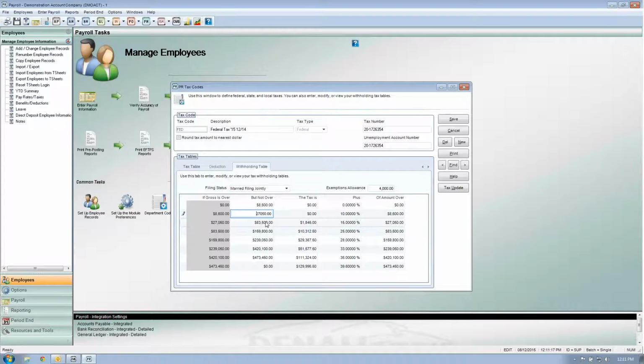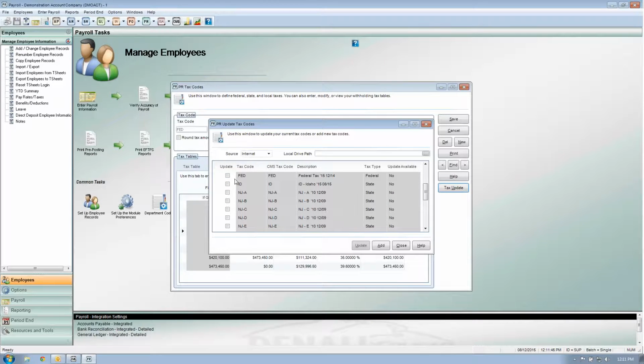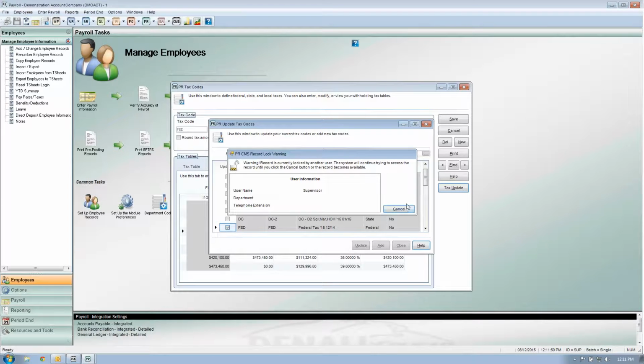Now, what's great about Denali is these tax tables change from time to time. Of course, we all know the federal tax table changes once a year, right at the end of December, in preparation for the new year. So in Denali Payroll, to get the most recent tax table, you don't have to go in and edit these numbers manually. You can, if you pull up your Circular E and punch in these numbers manually, that is an option. Or you just simply click on the tax update and you just run your tax update for the federal tax code right here. And we click update, and it downloads that update from the internet instantly,